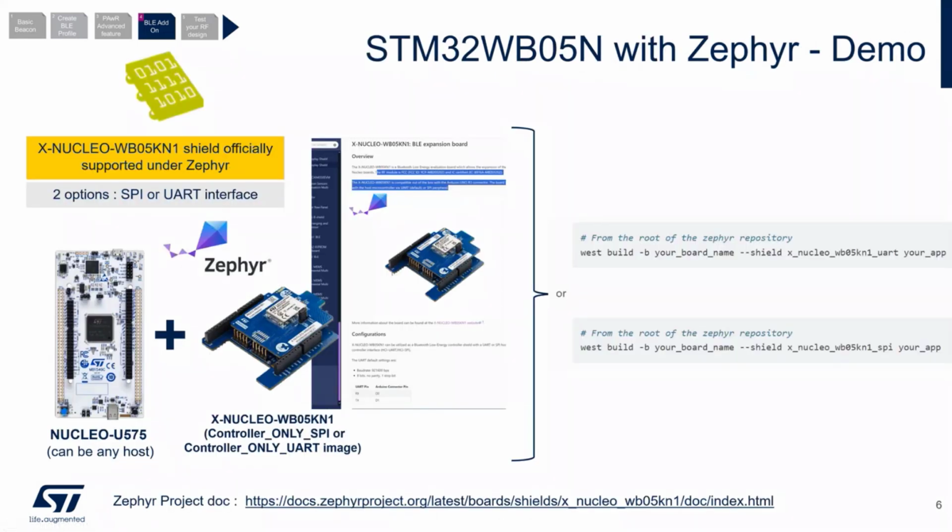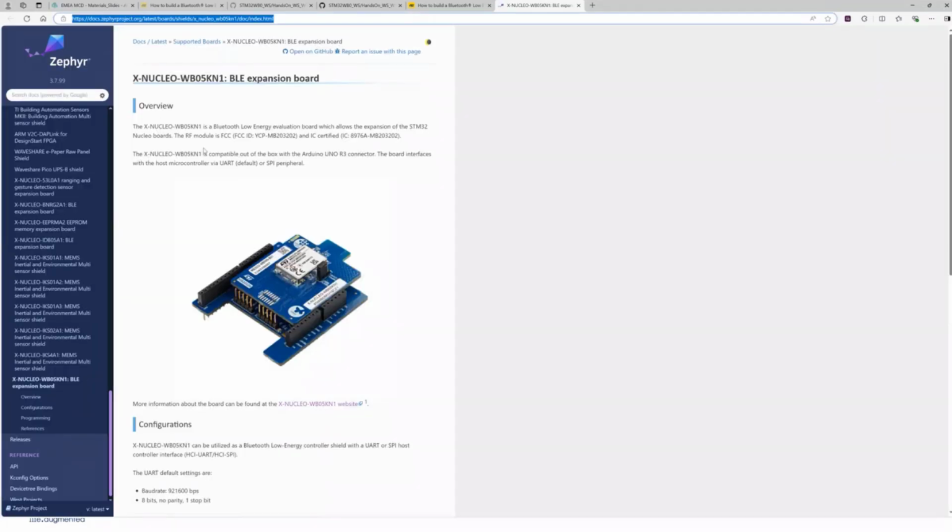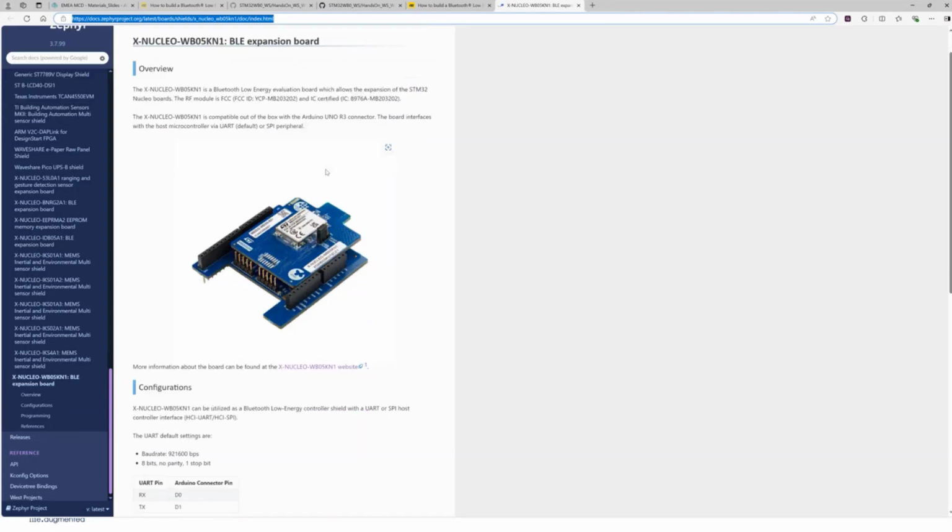To demonstrate this, we will use the Zephyr environment. As said, we use the Nucleo U5 today, plus the expansion board for the WB05N, which is officially defined as a shield under Zephyr. That means that if we open the Zephyr documentation, the link on this slide, here I'm on the official Zephyr documentation, I can find that this expansion board has been defined as a shield under Zephyr.